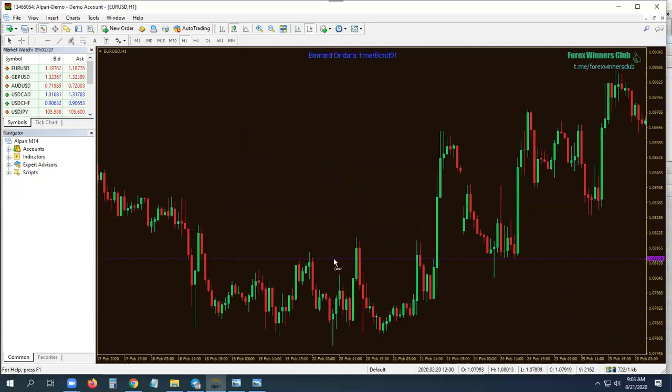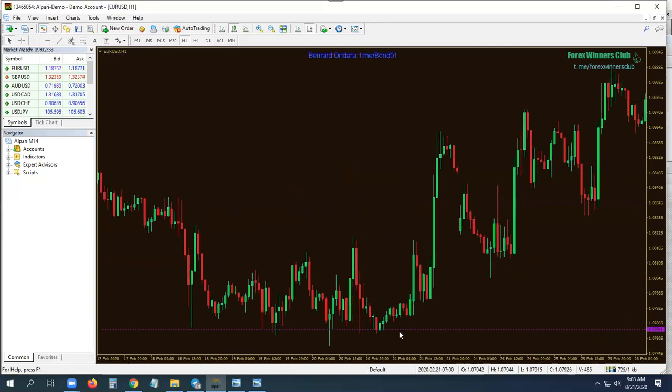Another bottom here. This is an example of a triple bottom or a quadruple bottom. Bottom 1, bottom 2, bottom 3, bottom 4. So when the market closes above the highs of these two, because look at it this way.